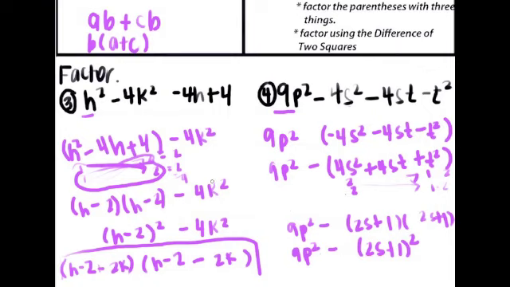Okay. And then by difference of 2 squares, the way that this works is it's 2 parentheses, and you end up with one plus, one minus, okay? So the square root of 9p squared is 3p. So 3p and 3p. And then I end up with 2s plus 1, and then 2s plus 1. Okay? Sorry, there we go. And the reason why I put that in a parenthesis